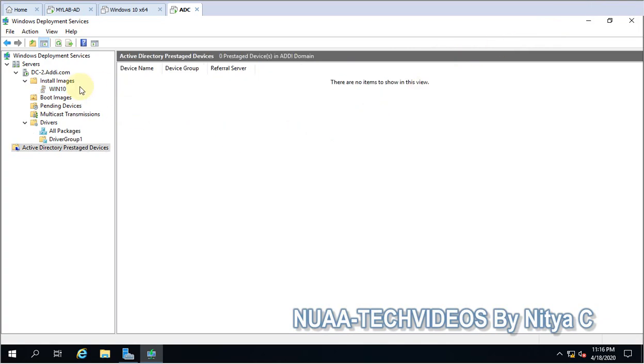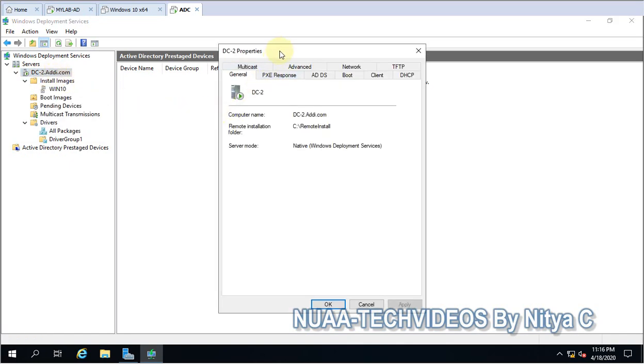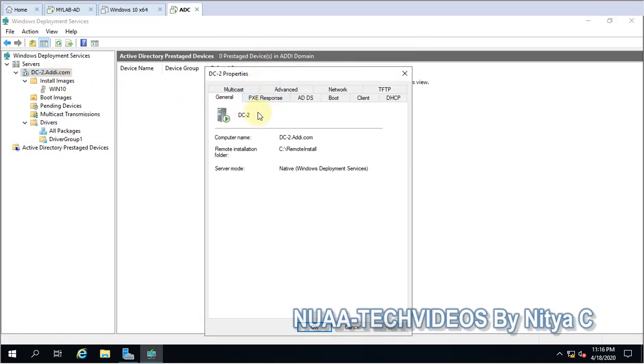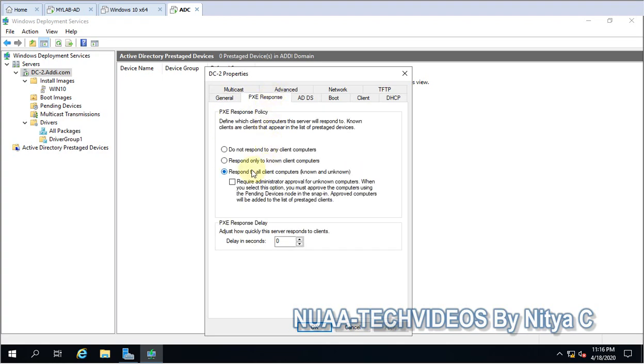So now let's walk through the options which we have on WDS. These are very important, and you have to configure these options before you proceed. PXE response, you can see, was the same option which I showed you at the start when the WDS configuration was running.